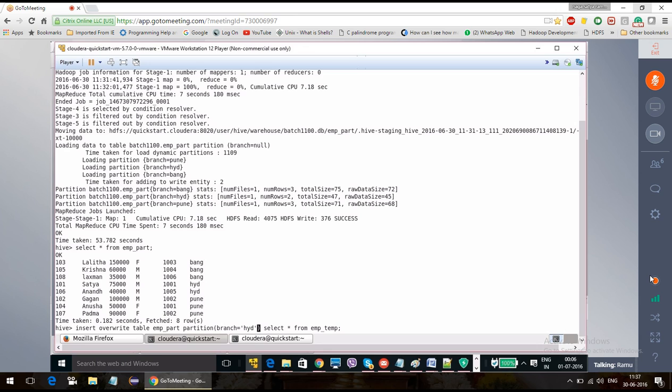That is called static partition. Even when you are loading the data from a file to a partition table, that also comes under static partition. Whereas when you are loading the data from table to table for all the partitions, that is called dynamic partition.